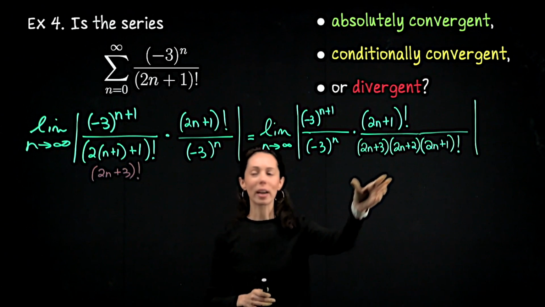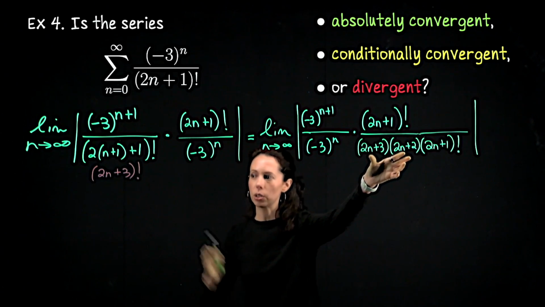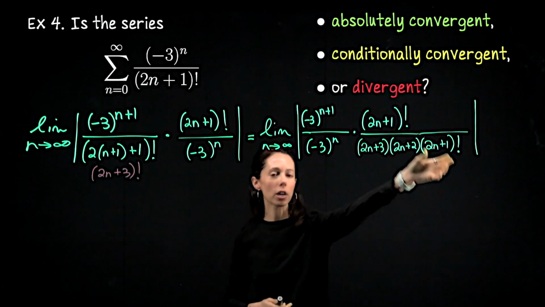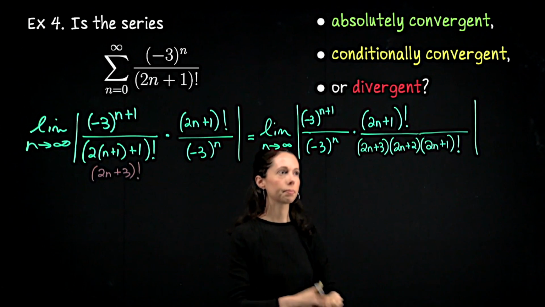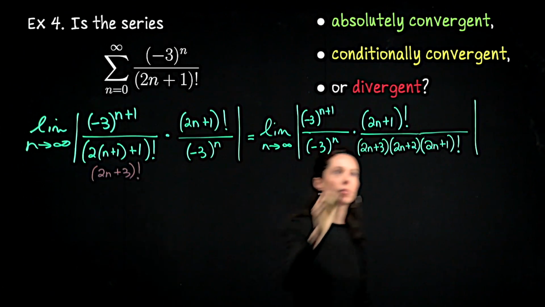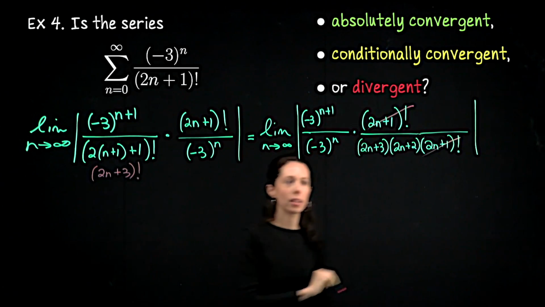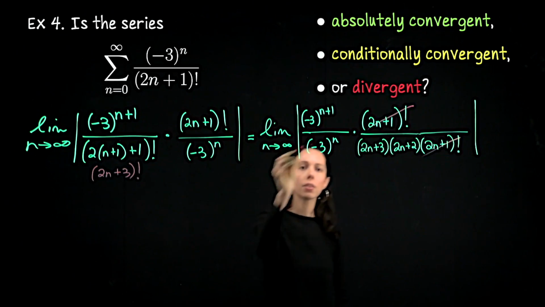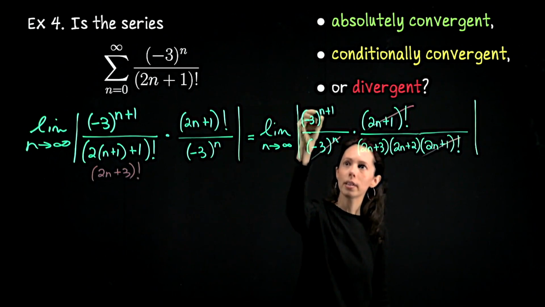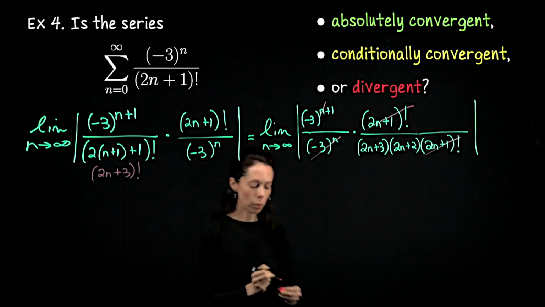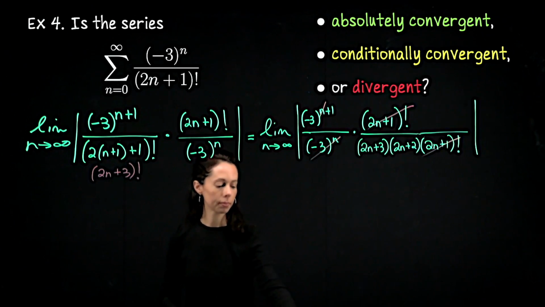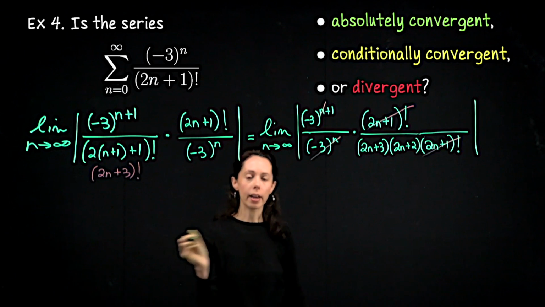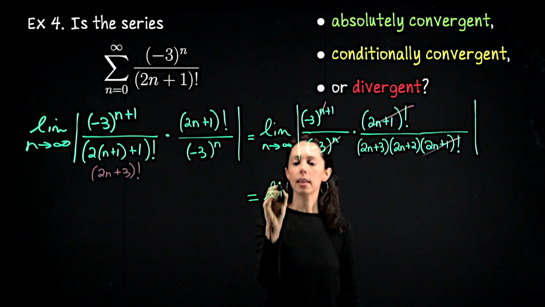So what I did was peel off the first two terms so that I could get an expression which will cancel with the numerator. All right, so let's do our canceling. Ratio test usually has a lot of it. So cancel there. We'll be left with these leading two terms. Cancel the -3 to the n into the -3 to the n there, leaving us with one copy of -3. So this is simplified a lot now to the limit as n goes to infinity